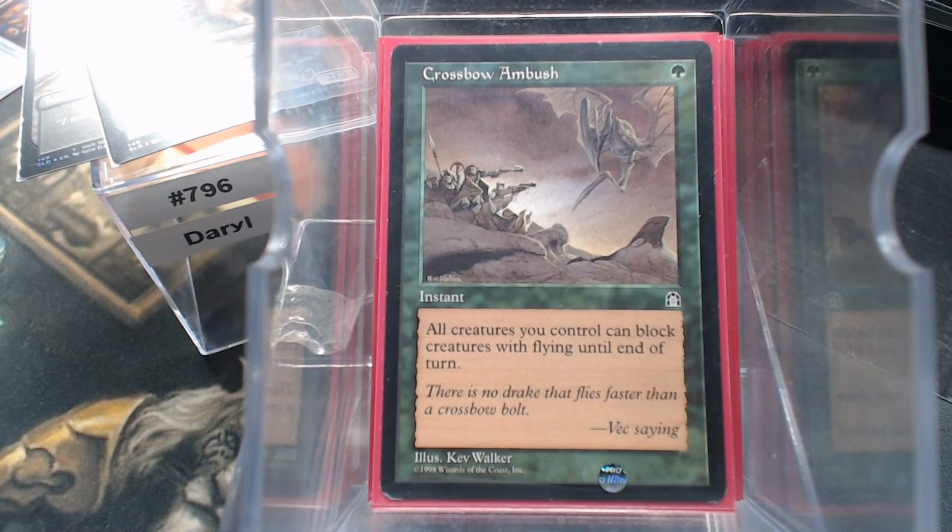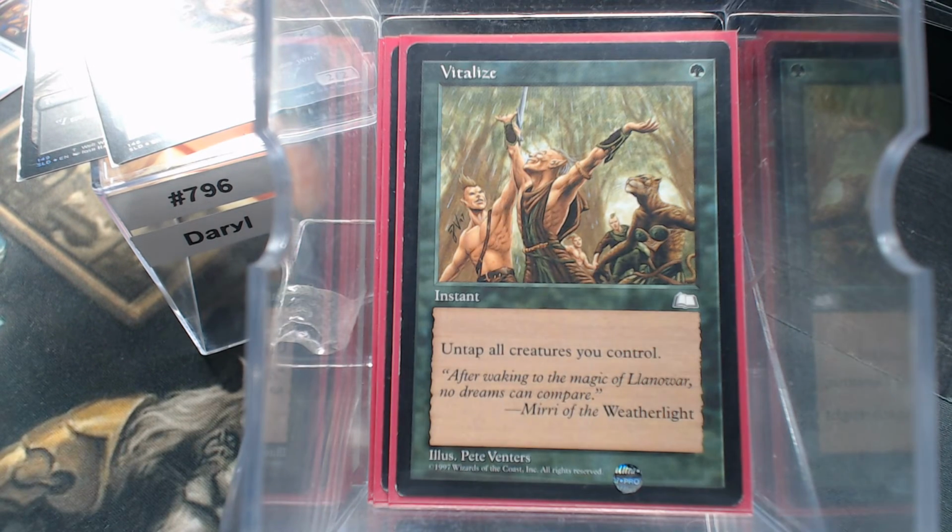We also have a lot of those tap to do a thing. I have Vitalize to untap. But let's look at our ramp, shall we? Because we are in red and green. This is a bunch. This is a whole bunch. I'll admit this is probably too much. I could probably lose some of these for better cards, but, you know,